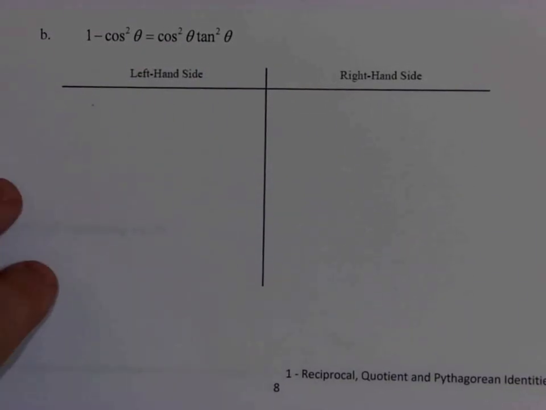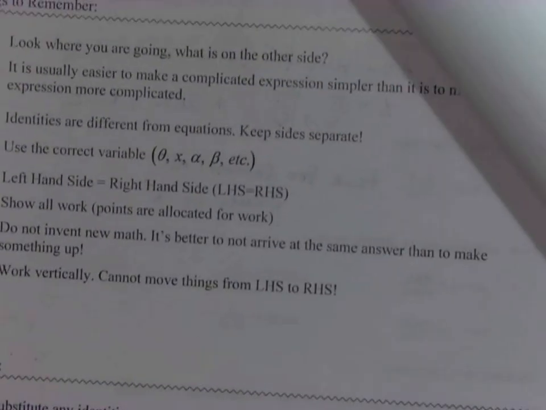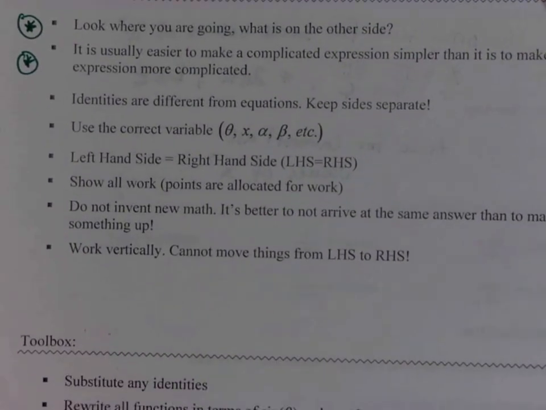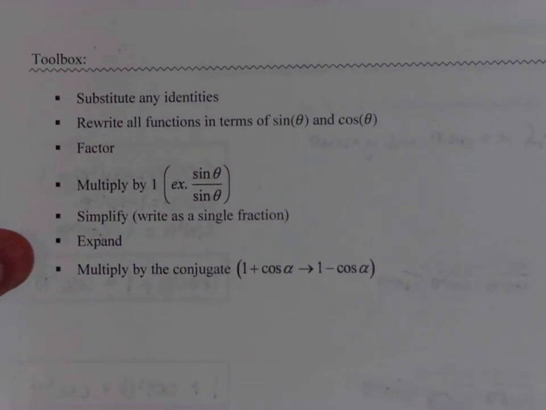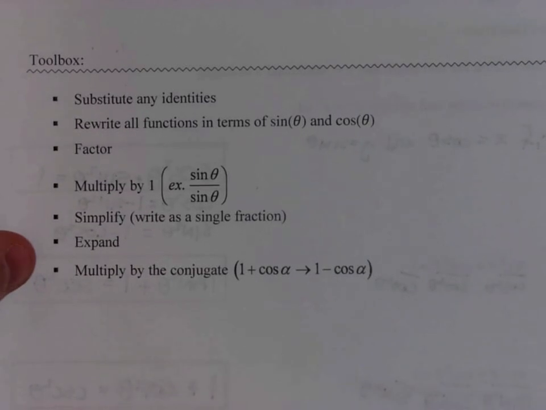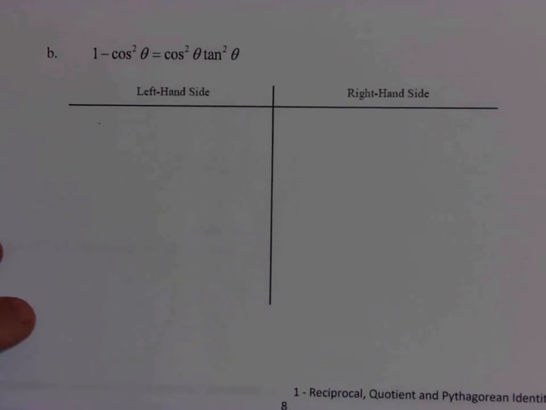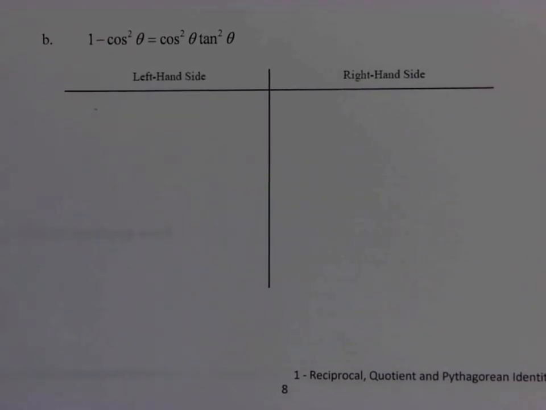So on page 2 in the booklet that I'm with you guys right now, there's a bunch of different tips and tricks and all those types of things that can help you as you work through identities, okay? And a toolbox at the bottom with different things that we've done in math up to this point that can really help us out. So hopefully in these couple of questions in the video, it can show you different ways of doing it, and then try to use other ways that you might think of as well as you're solving